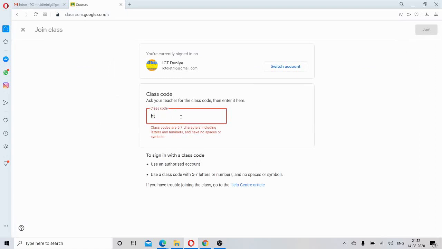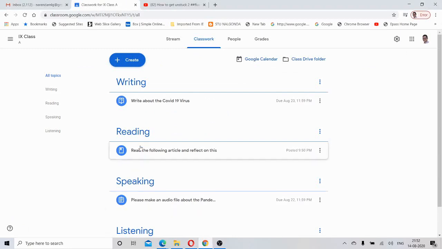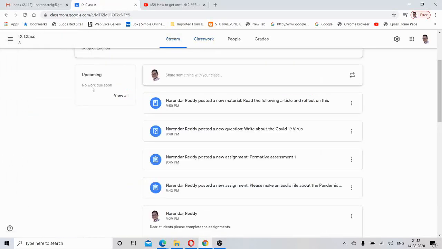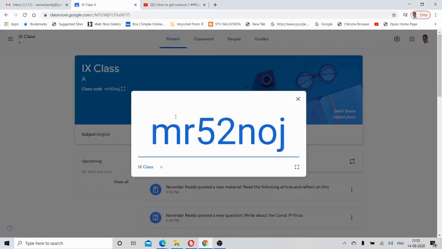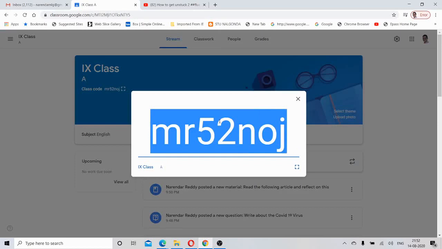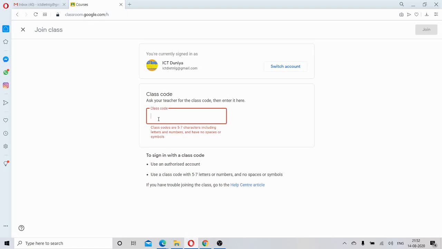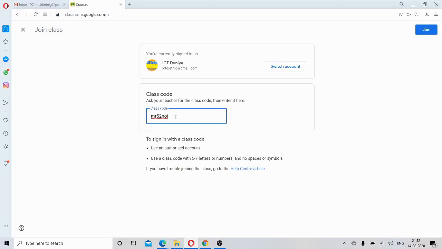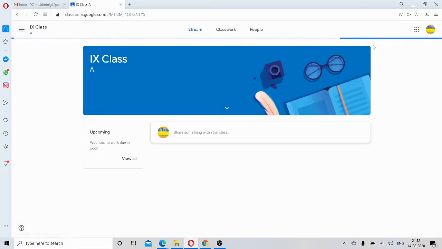Okay, there is no class code, so I want to select the class code from the classroom. I'm selecting it and going back to the other browser where my student account is. Now I'm pasting this class code and clicking join. Yeah, I have joined my class.